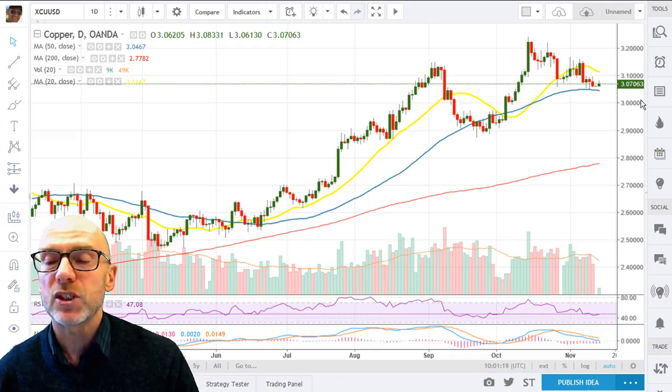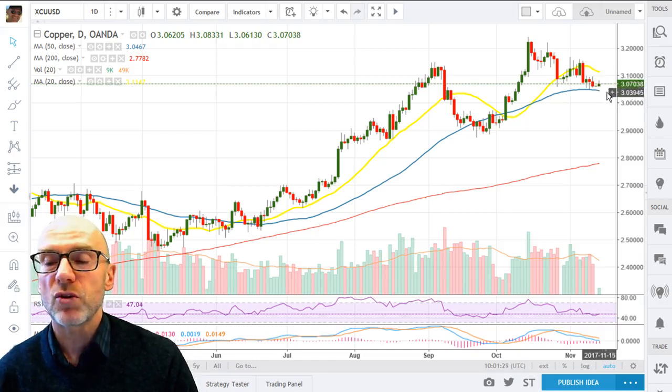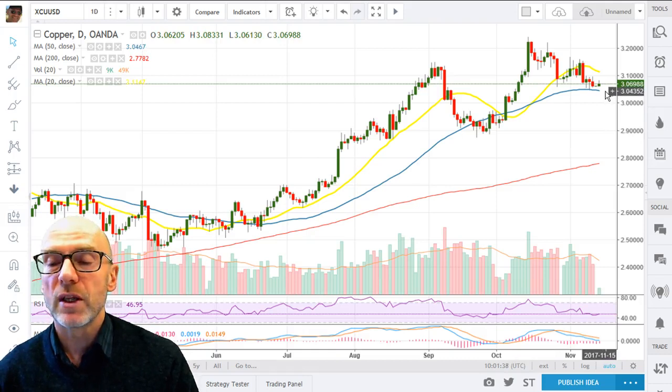3.047 is key support. I'm slightly concerned if that doesn't hold. You could see further slippage as the 20 will eventually cross that 50. If they're both moving down, then that could see the supports down at the 290 level tested. So this week I would see as critical in that we need to hold this 50-day. If we stay above it, it will start to stabilize again, given the moves, and hopefully it will give that